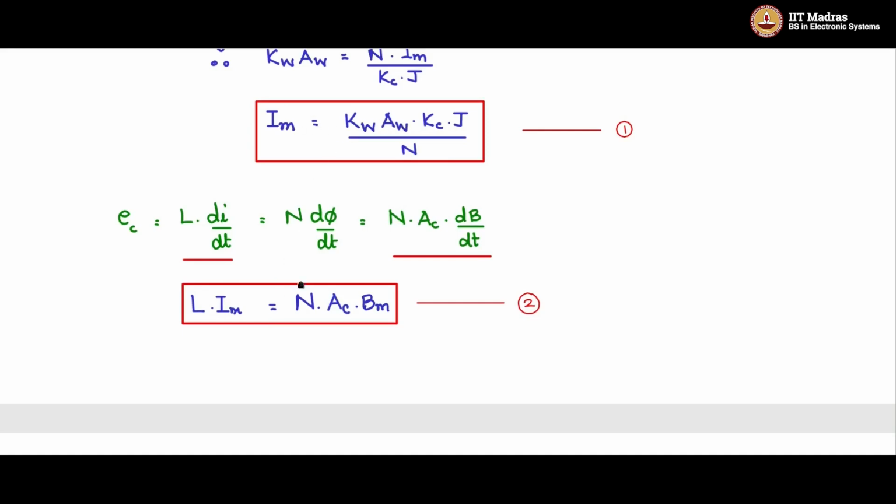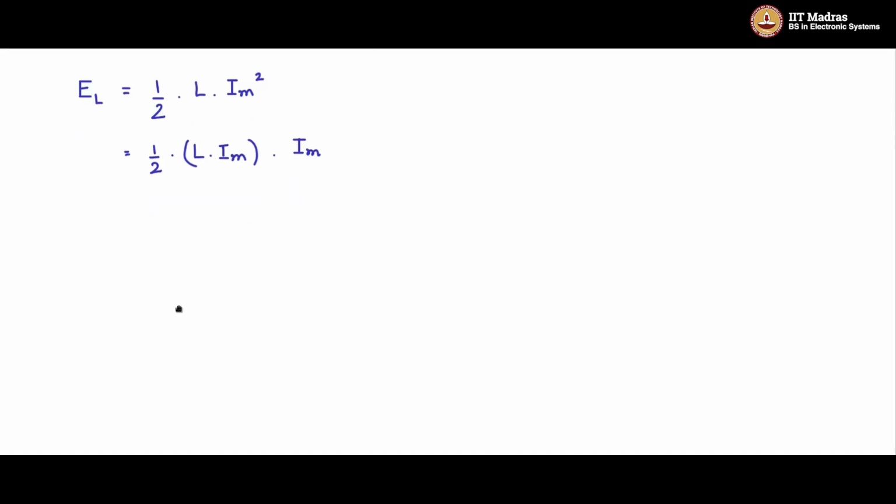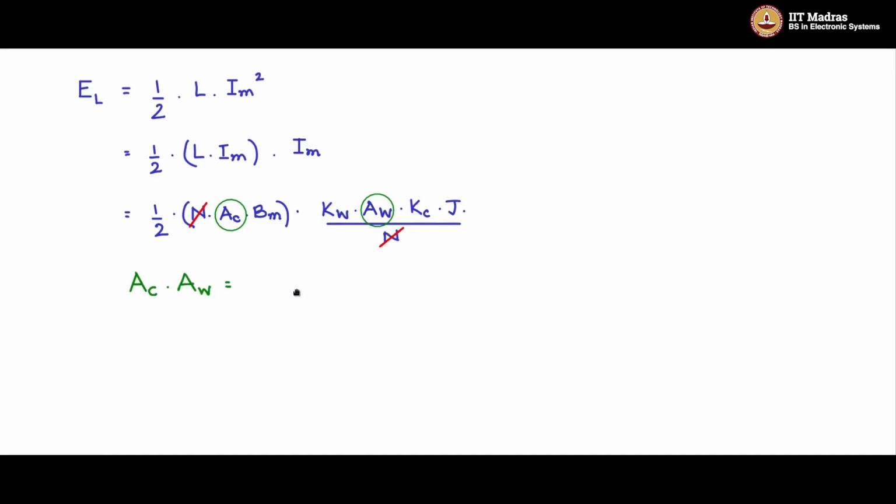We will substitute these two relations here and rewrite. So L Im, I am writing as N Ac Bm, and for Im, Kw Aw Kc J by N. Let us remove these two N's, and I will keep Ac and Aw to one side, their product. This is the area product, Ac into Aw, which is equal to 2 times EL